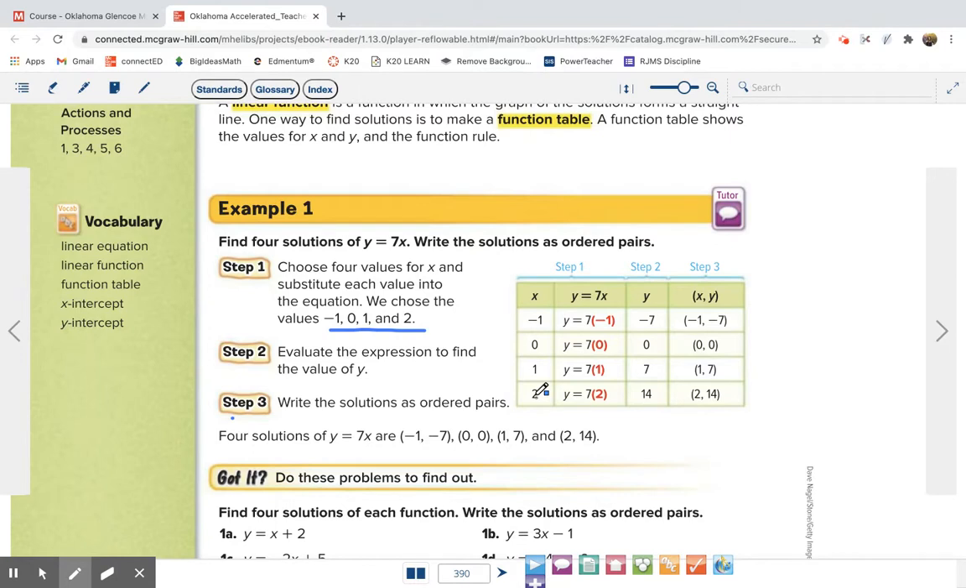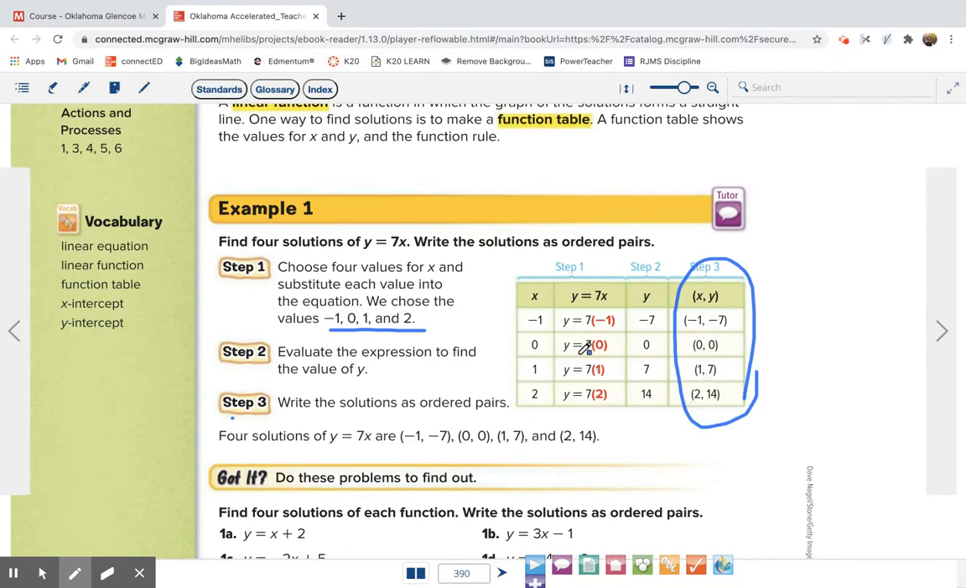X is your input value. Here is your rule where you work it out. Y is the answer you get out. Then you have to go back. This is the only part that's new. Restate your X and your Y as a point. This is your answer. When it says find 4 solutions, that is the 4 solutions they're talking about, 4 points